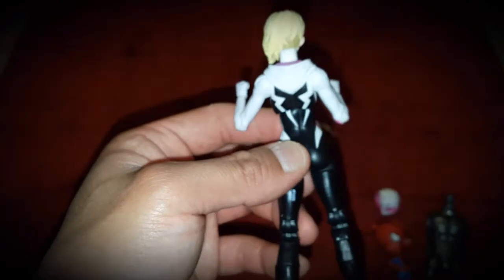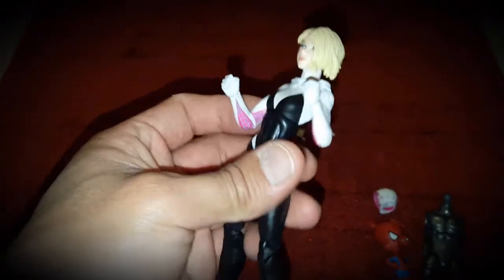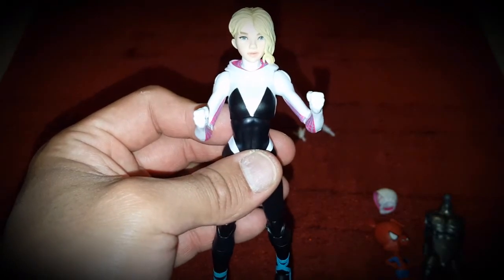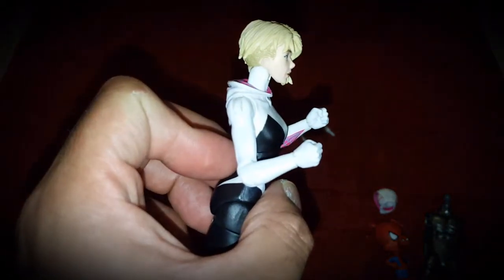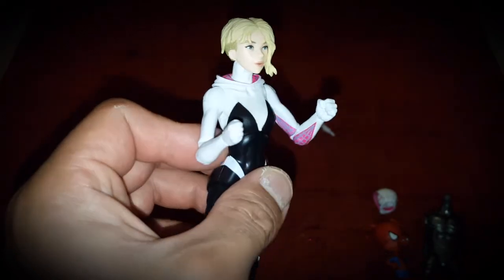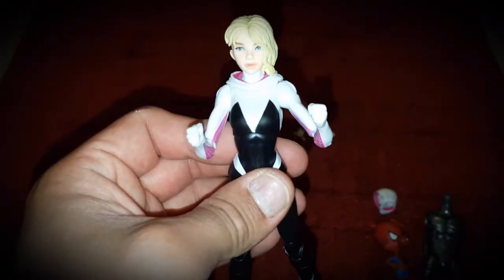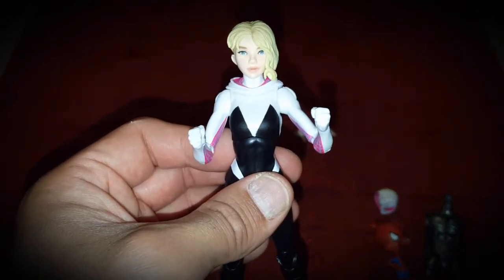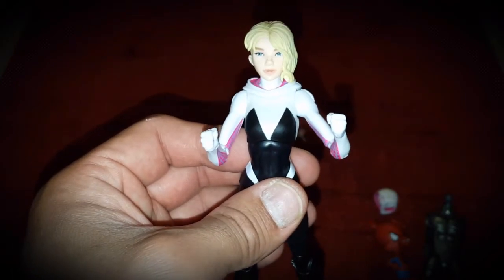Now, before, I have criticized the Hasbro Marvel Legends, because I come from the Toy Biz era, that they do not have great variants in paint, and that they don't do any of the dry brushing, because that's what I was accustomed to in the Toy Biz era, and that all the paints look flat. But what I will say is that although they do not have the dry brushing anymore,